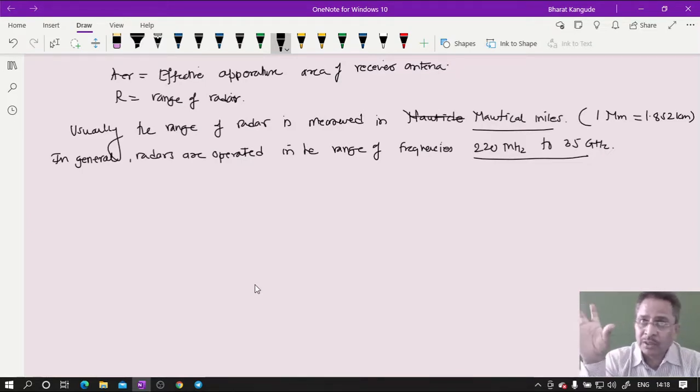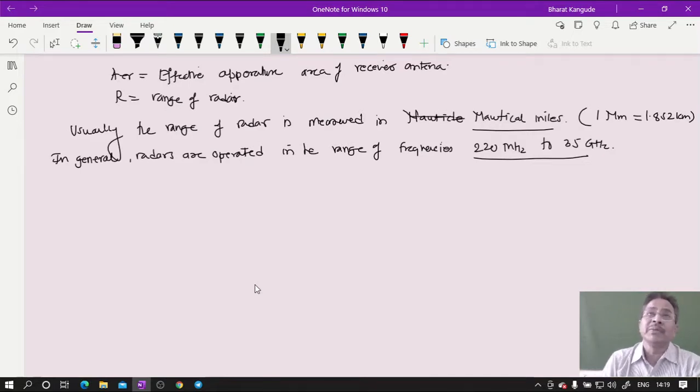Either for detecting the clouds, that means for climatic data collection, you are using radar. Then sometimes for military purposes you are supposed to use this radar, to identify anti-military targets or tanks or aeroplanes, that is anti-aeroplane missiles, etc. We have to use certain sets of radars. Radars are used on the aeroplane as well, at the aerodrome or airport. That again has different types of applications. So depending upon different types of applications or utility of radar, we are going to discuss these applications in tomorrow's discussion. But there are certain characteristics.